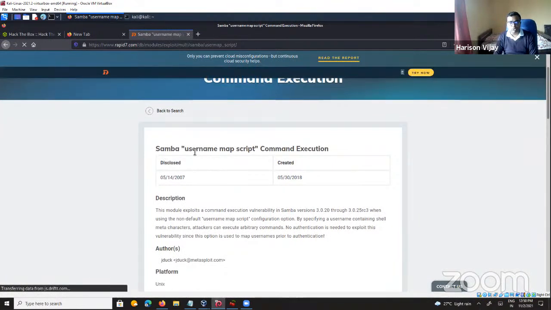Okay, the Samba username map script command execution. This module exploits a command execution vulnerability in Samba versions 3.0.20. And we'll go back and look at our